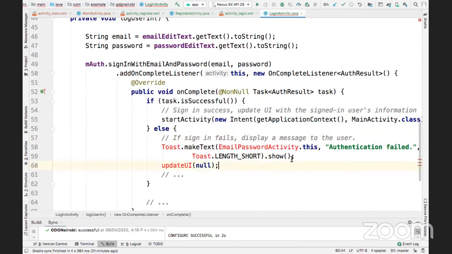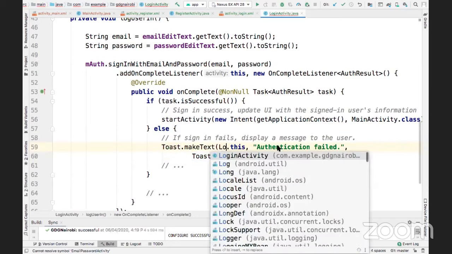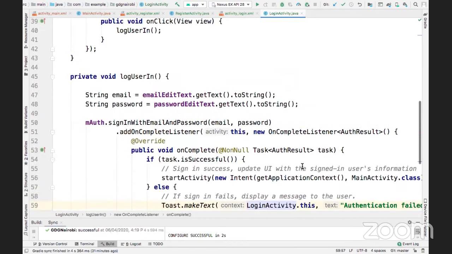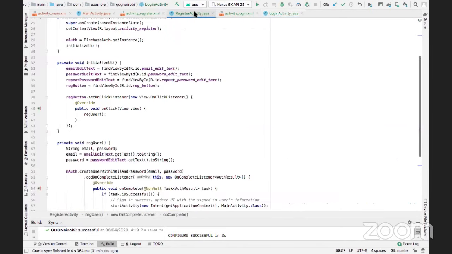We leave the toast so we can show a message to the user when authentication fails. So we import toast and change this to our class. Our current class is login activity. So with that, we've been able to code our login activity, our registration activity, and we have the UI set